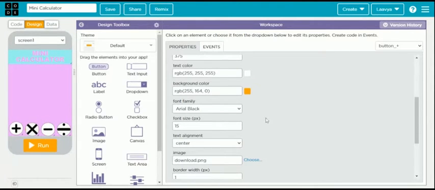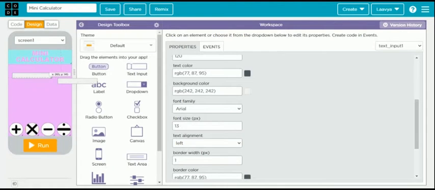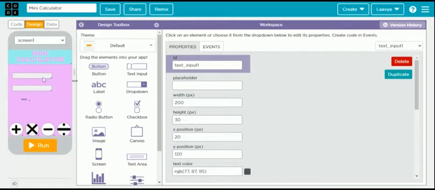Now we need to put a text input because now we want the one who uses the app to enter the numbers. So we need two text inputs because we want the person to enter the first number and the second number. Also, we'll have to enter a label for displaying the answer. So in the text input, we cannot write the text, a label in which they can show.